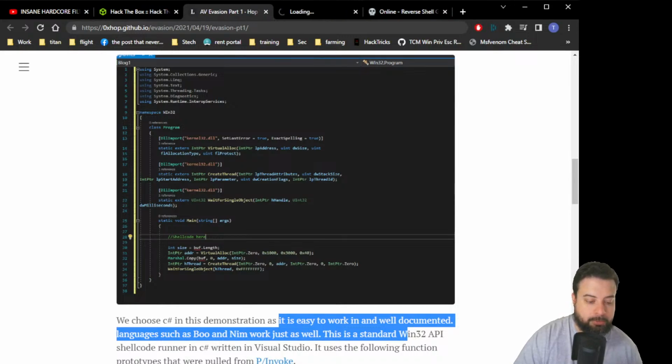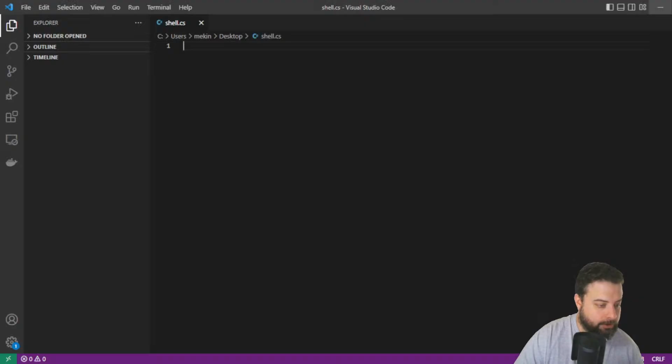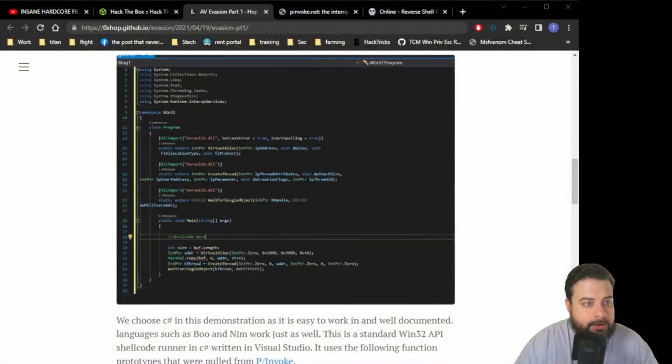So we need to go to pinvoke. And where is my Visual Studio? Okay, so what are we needing here? I actually don't know C#, so we're going to learn a little bit here. So this is using System.Collections, System.Linq, System.Text, System.Threading.Tasks, and